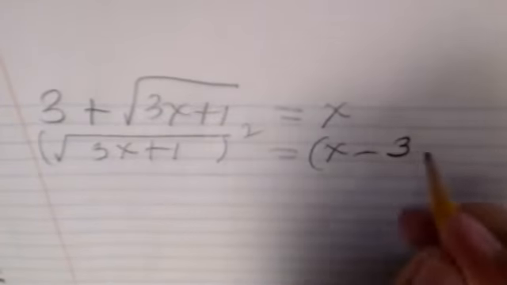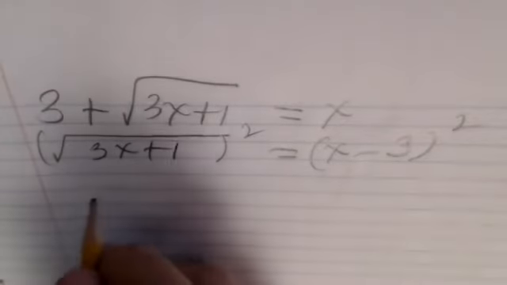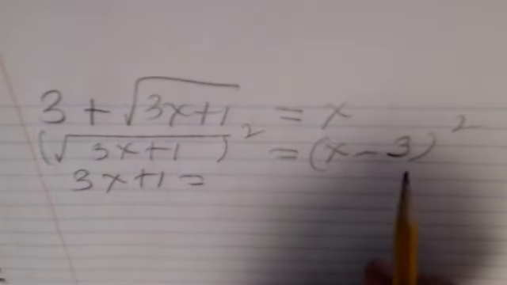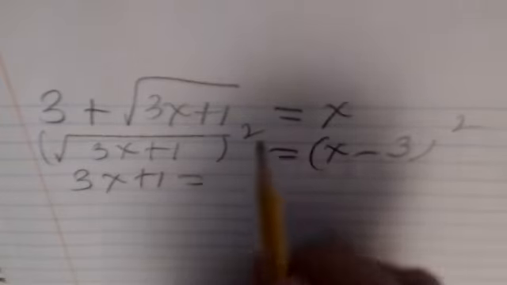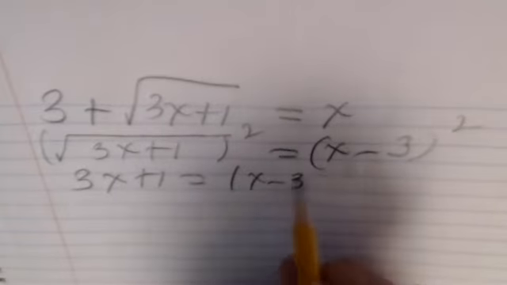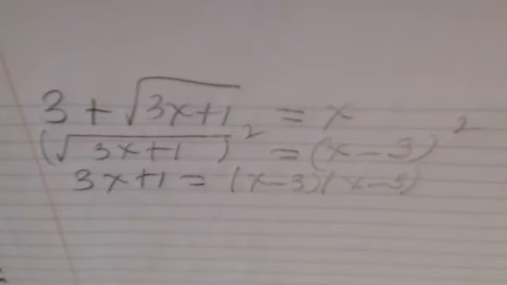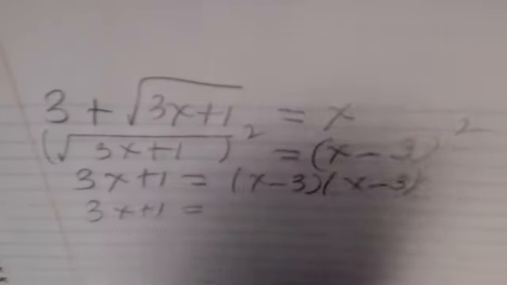Squaring the left-hand side is easy. It simply takes away the radical, 3x plus 1. Squaring the right-hand side, squaring a binomial, does have a shortcut. My recommendation is simply put it down and FOIL it. When you square it, you're multiplying it by itself. So you get 3x plus 1 is x squared